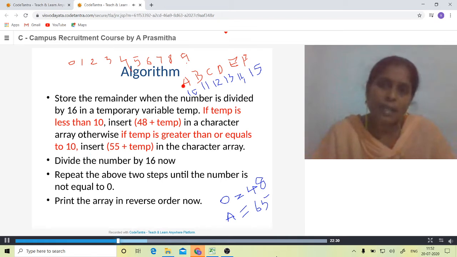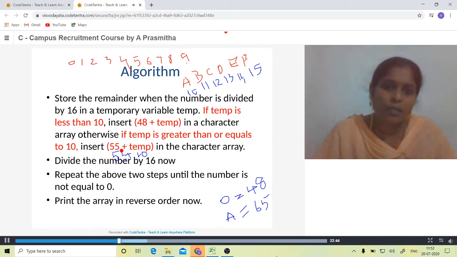This is A, and A means 65. But we already have 10 in temp, so 10 plus 55 gives 65, which is the ASCII value for the given A.